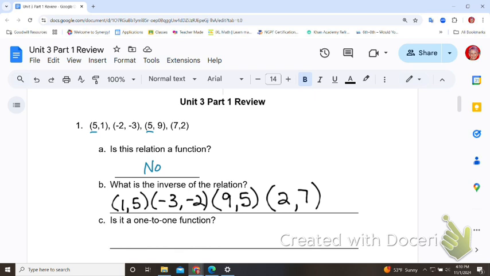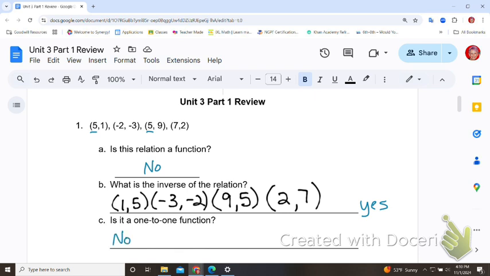So to be one-to-one, reminder, this is a review. This should not be the first time you've heard this. But if it is one-to-one, the relation itself must be a function, and the inverse must be a function. So in this case, the inverse actually is a function. However, that does not matter